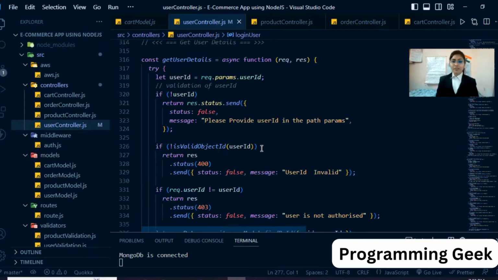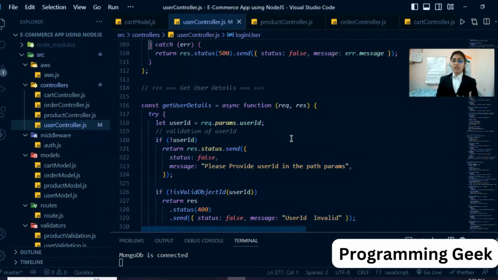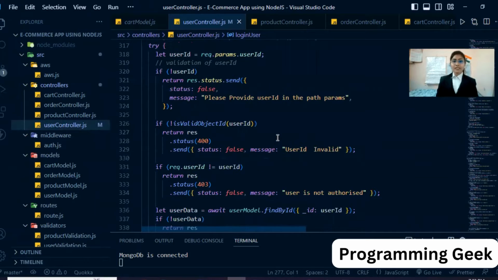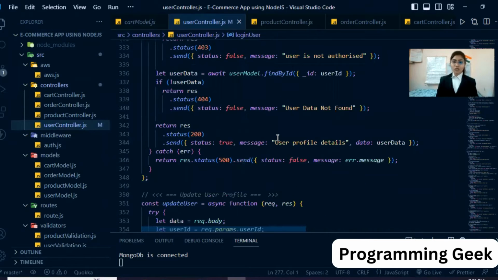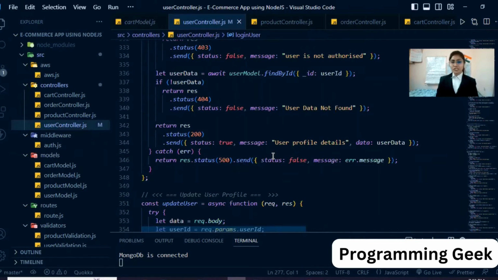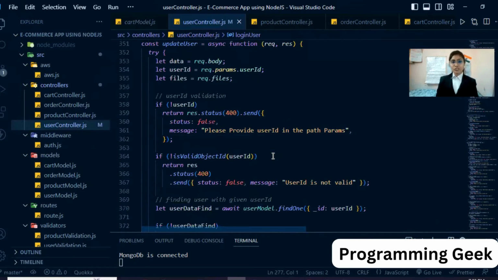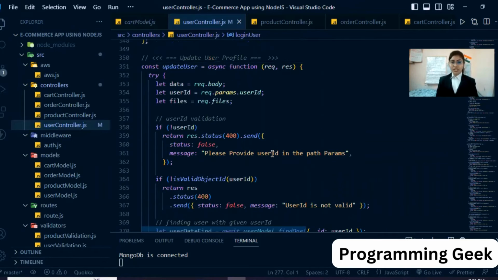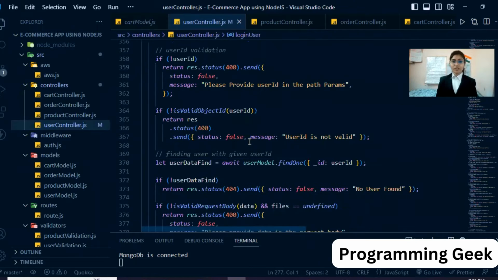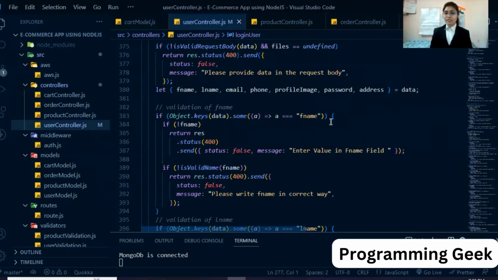For getting the data, I use the find by ID method here. I store the ID in the param. Then I check whether the data is present or not with the get ID. If it is not present, it will throw a message to the user. After getting the information, there is also an option for updating the existing data of the user, like first name, last name, email, phone number, profile image, password, address.